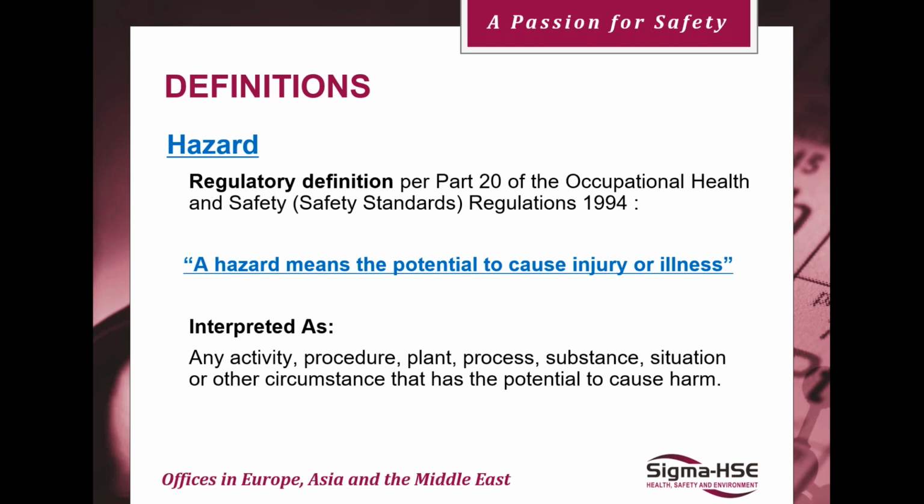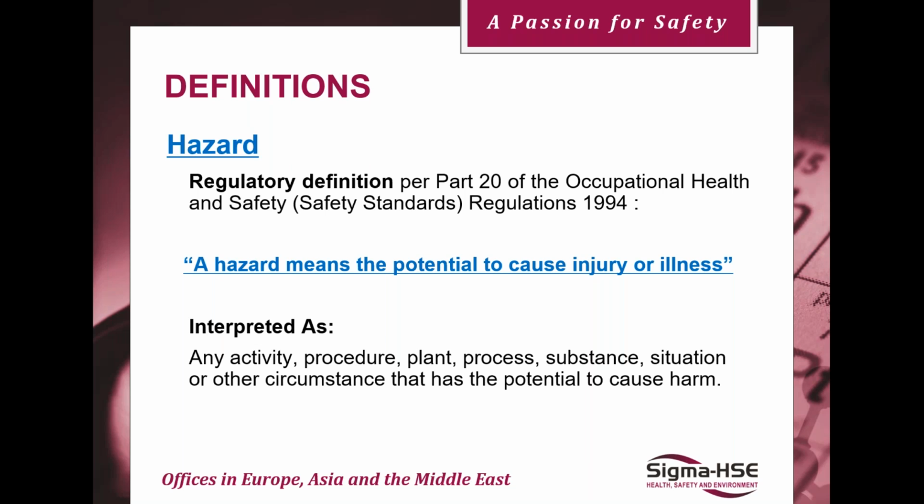We have, from our regulations, the 94 regulations on occupational health and safety. These are an example of regulations. It's also used in the Management of Health and Safety at Work Regulations as well. So it is across the legal board, but it means the potential to cause injury or illness. And the important word to bear in mind there is potential. It doesn't have to be realized, but if the potential is there for harm to occur, then we regard that